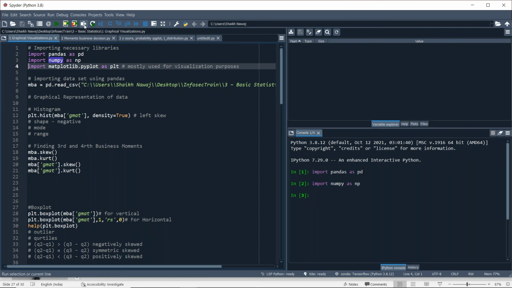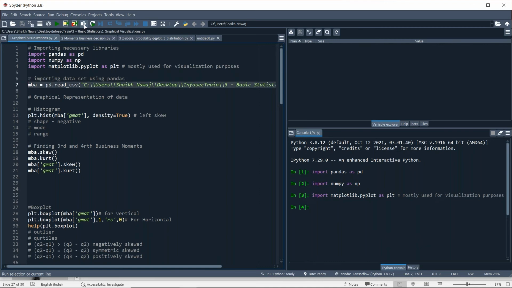And finally, for data visualization, we are using the Matplotlib library. This is a very popular library, very commonly used in Python. So we are importing matplotlib.pyplot as plt.